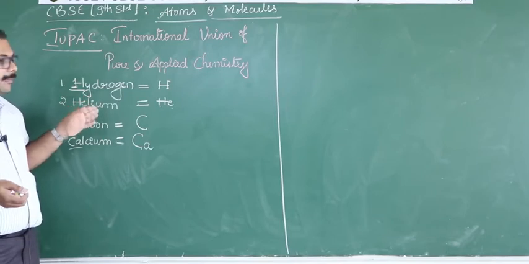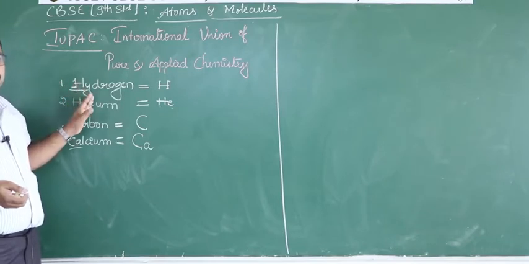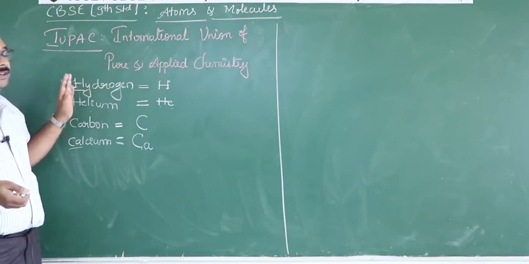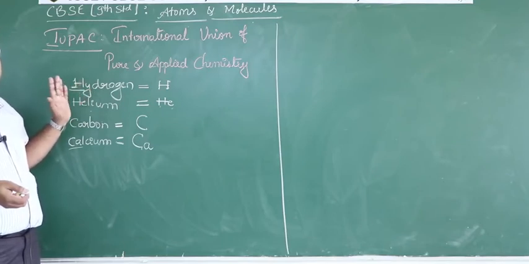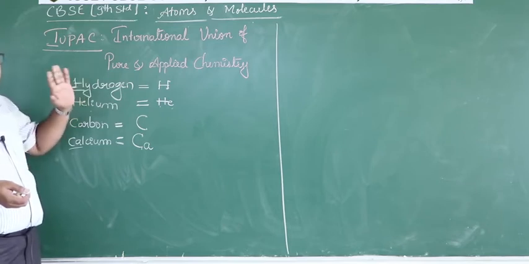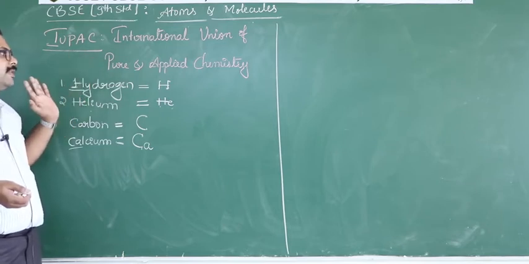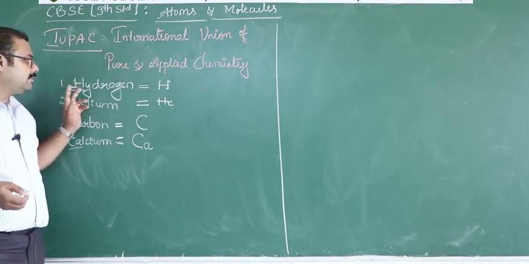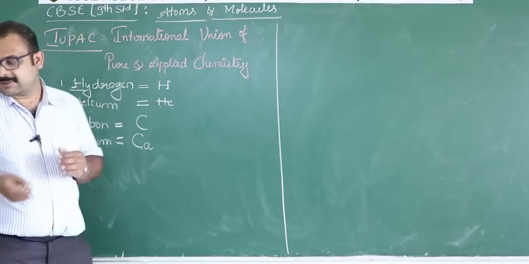At the same time, apart from 1 to 20, the symbols of some other elements are also very necessary to know. So we are going to write the name and symbol of those elements, and you have to remember them throughout this year and next year. If you learn thoroughly in the 9th standard, it will become very easy in the 10th and PUC also. So concentrate more on this. Okay, now I am going to write the symbols of some elements.